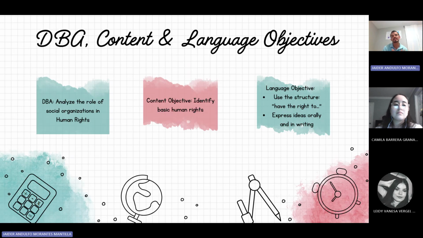TBA, content and language objectives. As you know, the TBA for this lesson plan is to analyze the role of the social organization in human rights. The content objective is to identify basic human rights. And the language objective is to use the structure "have the right to" and express ideas for any right.